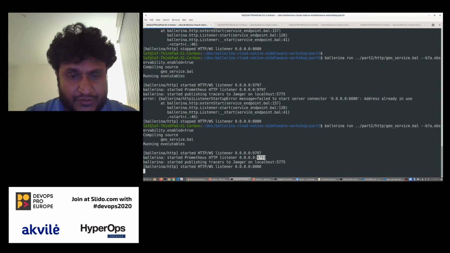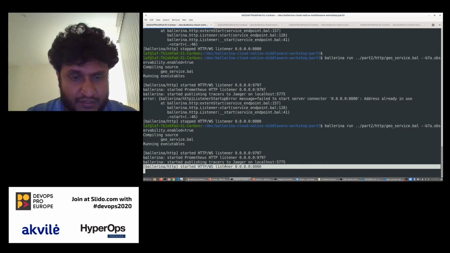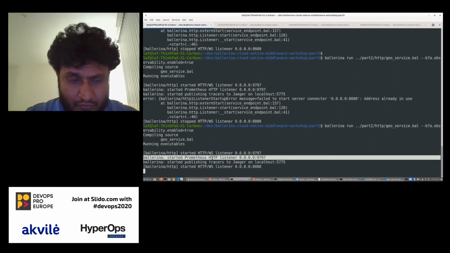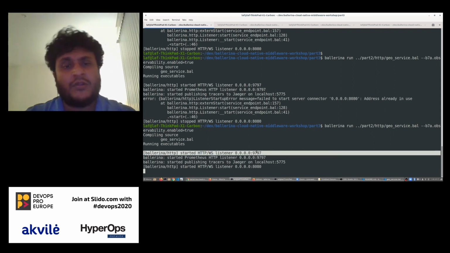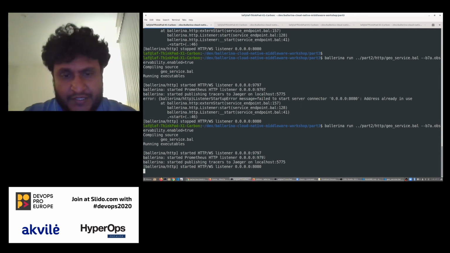So yeah, so those are the main things. And so this is actually the service endpoint. This is the Prometheus related endpoints. This port shows the same single endpoint. So basically this is the endpoint that